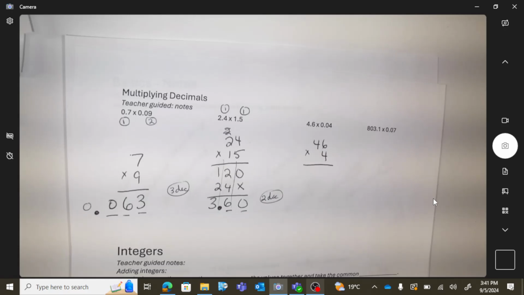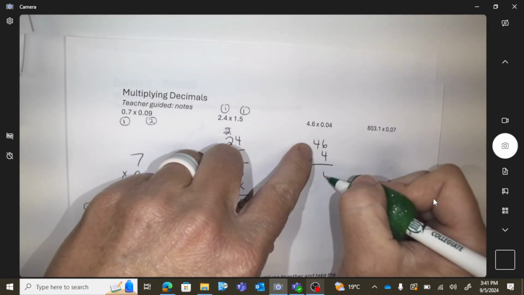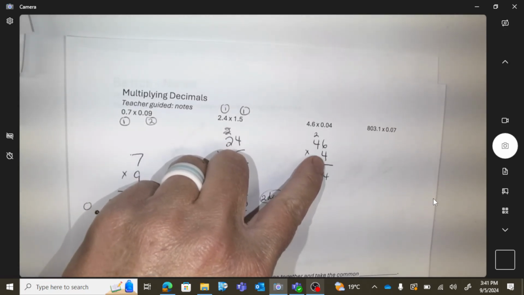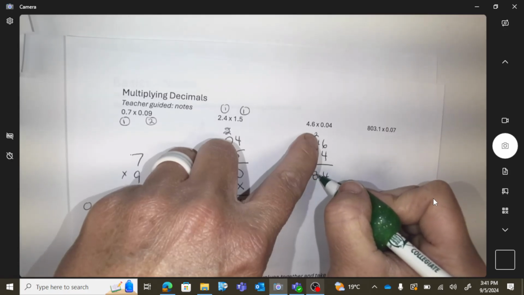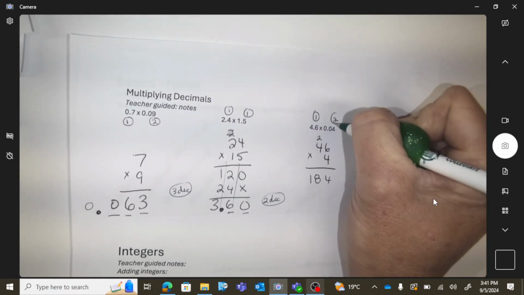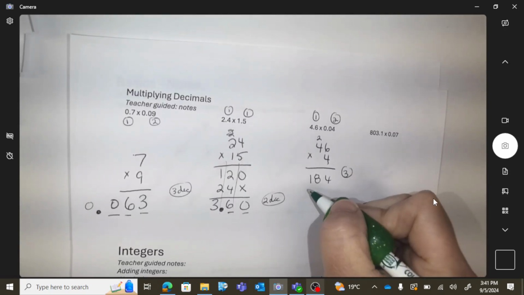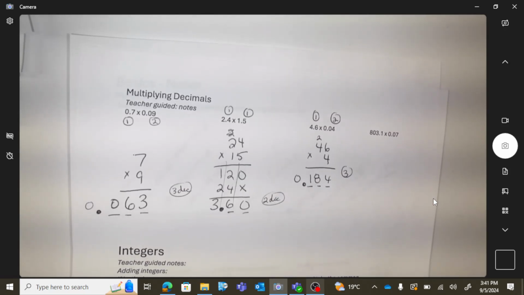Question 3, so 46 times 4 without the decimals. So 4 times 6 is 24. 4 times 4 is 16, plus the 2 extra, so 18. Dealing with the decimals, this one had 1, this one had 2. So my final answer should have 3 decimals. So decimal, and there's the 3 places. Last one,